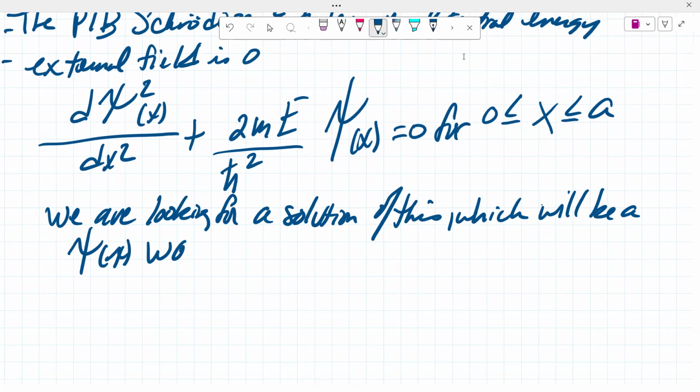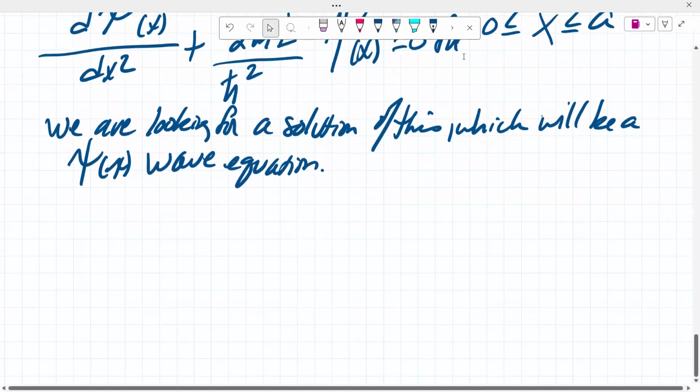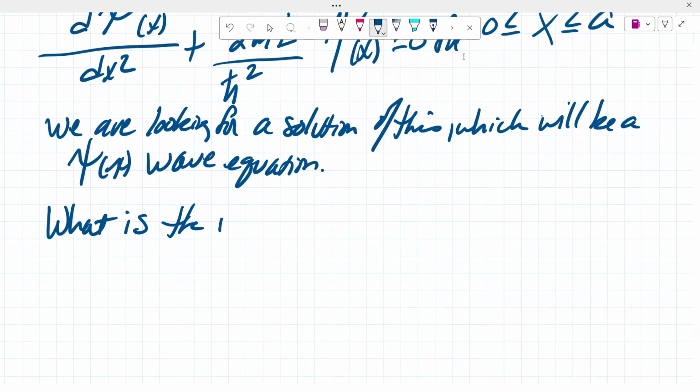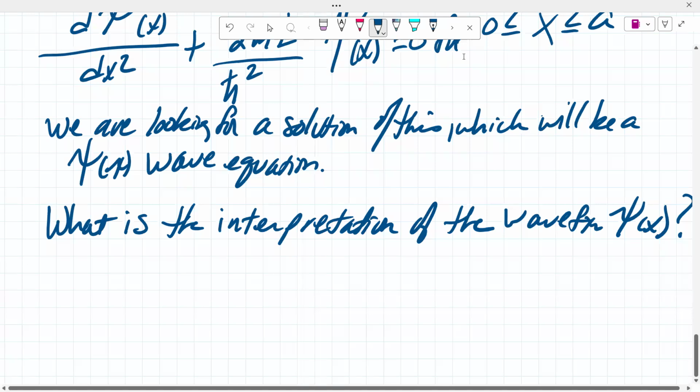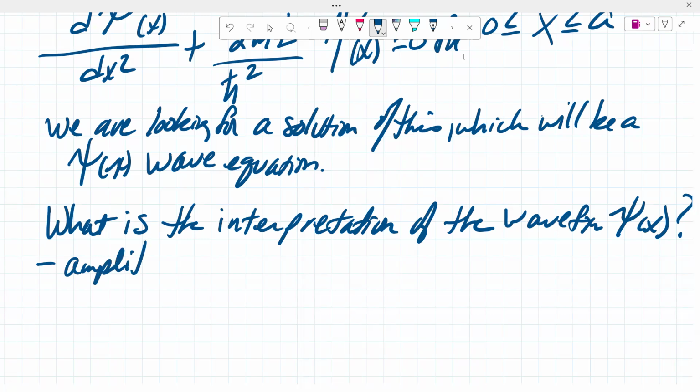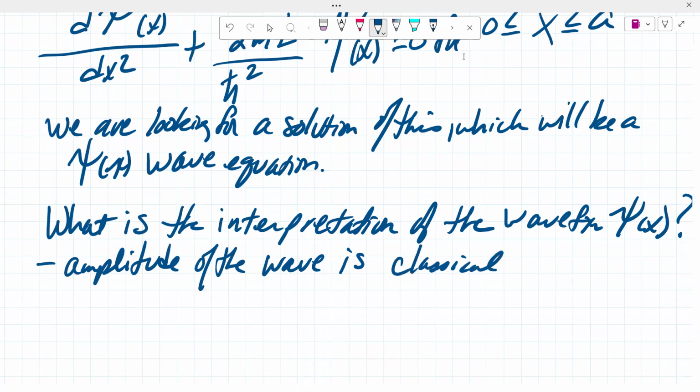Wave equation. Right. What is the interpretation of the wave function? X. What does it all mean? Why do we need to get this? The amplitude of the wave is classical interpretation given by